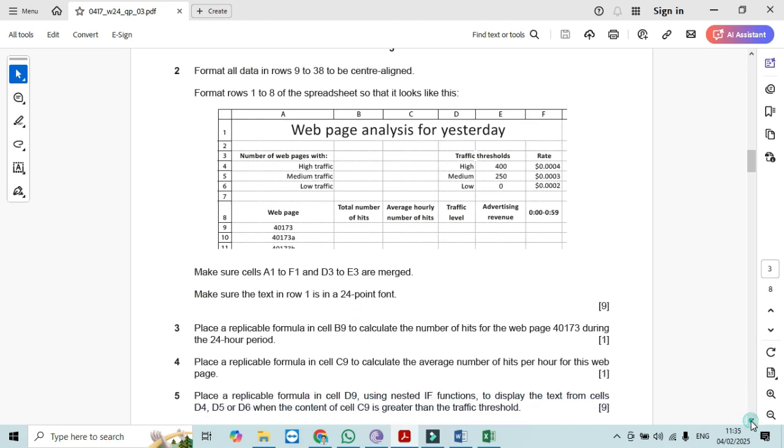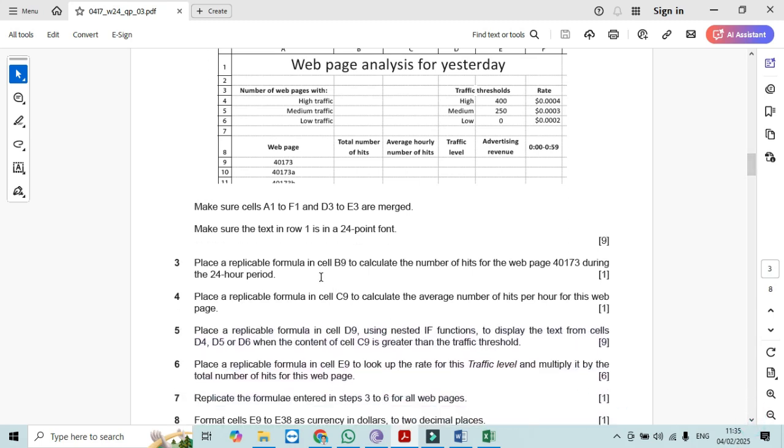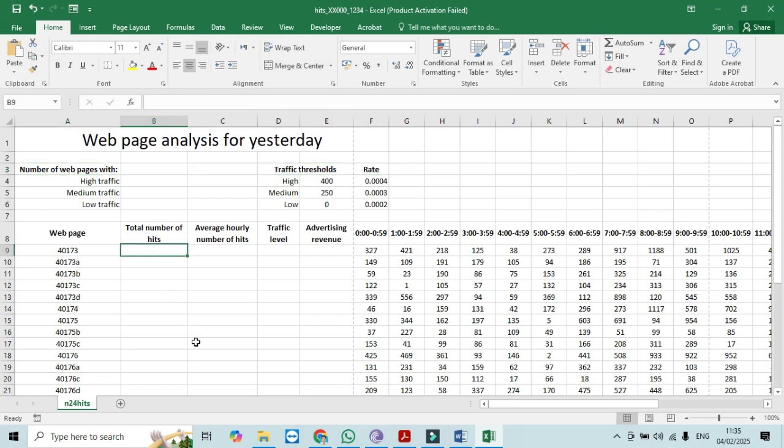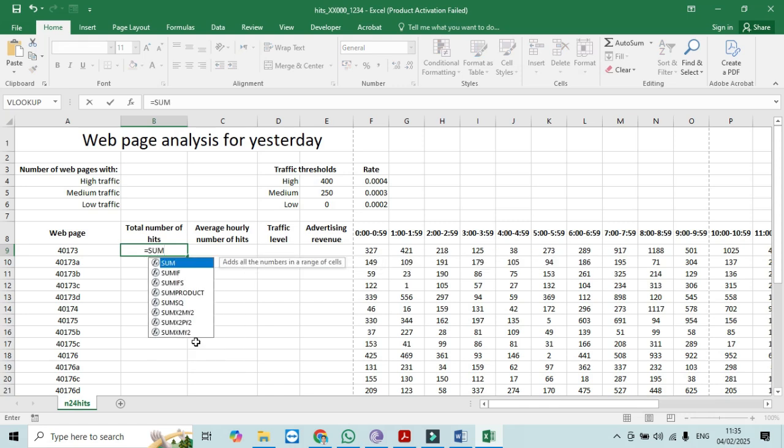And it says place a replicable formula in cell B9 to calculate the number of hits for the web page 401373 during the 24 hours period. So what we need to do is go to cell B9. We are here in B9, total number of hits, so equal to SUM, then the bracket start, and sum starting from F9 till AC9,